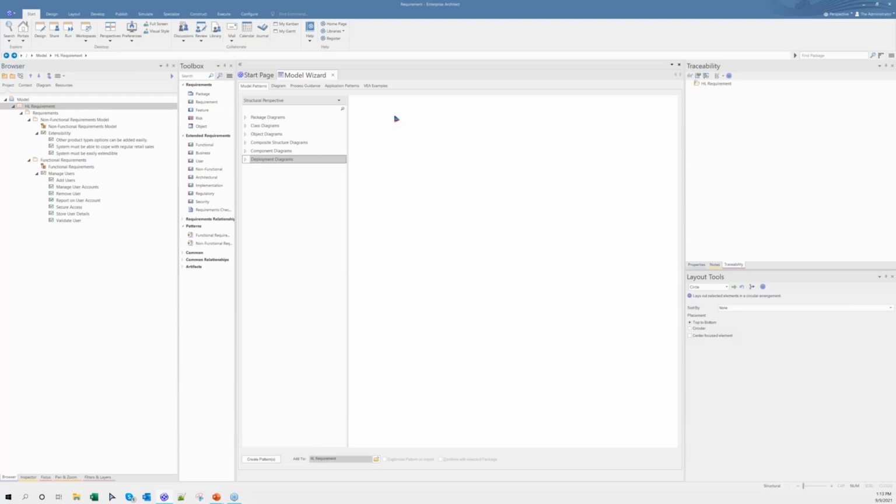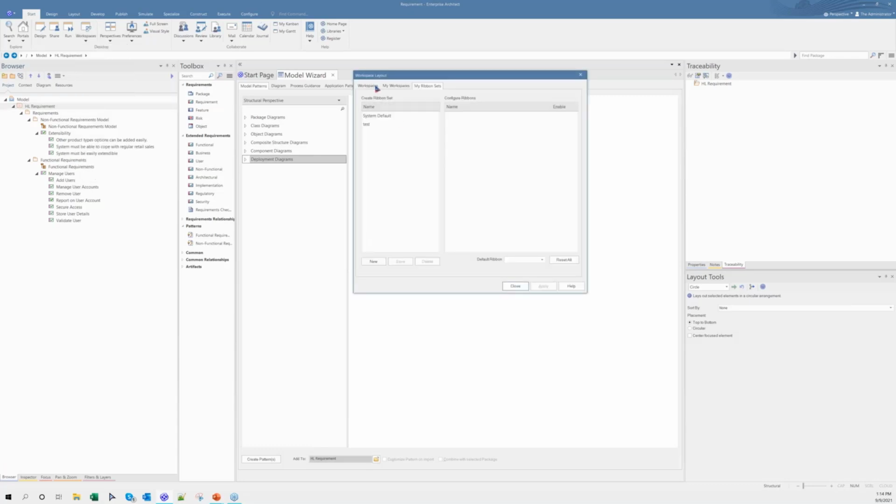Similarly, there is a high level ribbon menu where you can restrict these items as well. In order to access it, we can find that in the start menu, start workspace button, manage your ribbon sets. So if I open this item and I say create a new ribbon set for a business analyst, and let me select maybe the business analysts